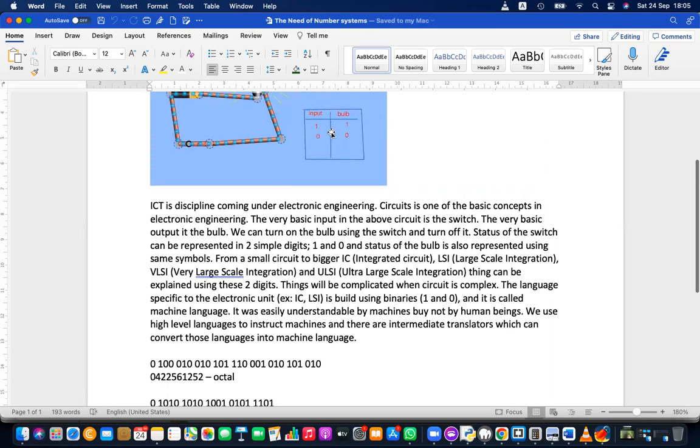For a bigger circuit it will be very complex. We will learn a little, but if you are following an engineering degree, you will learn this in the first year or second year content under ALU